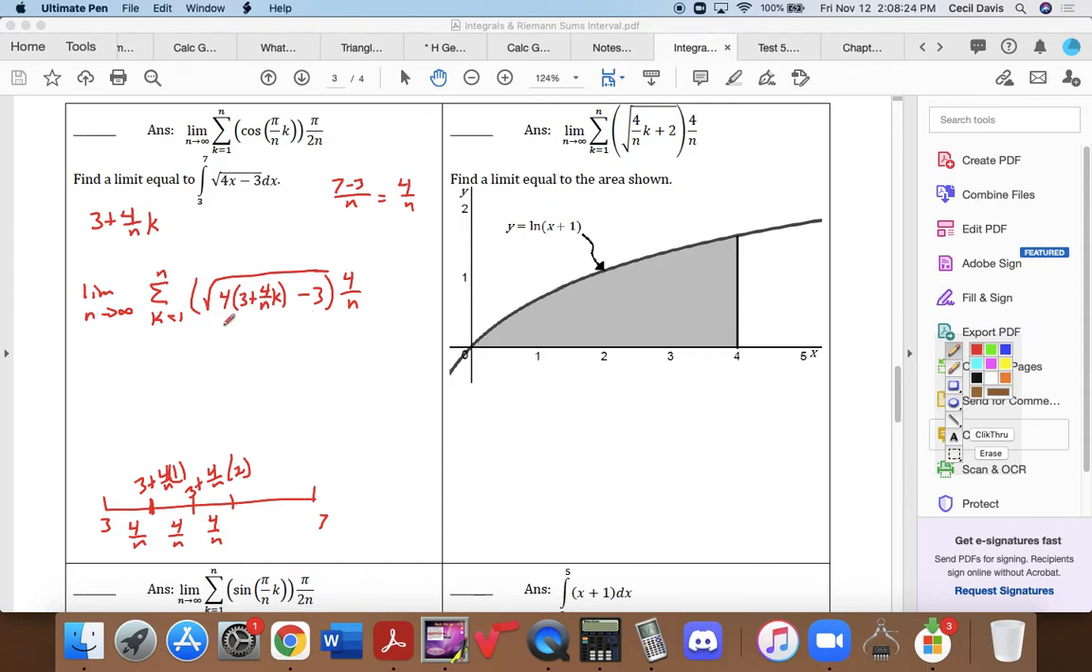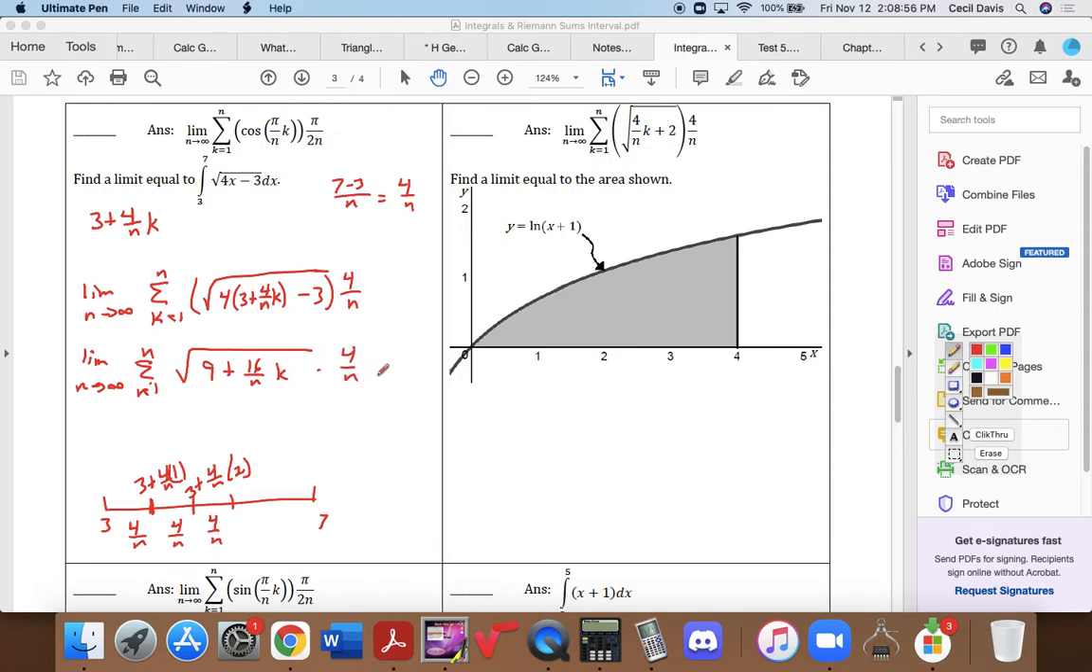So we want to simplify this because there's no way that answer is there. It's not. So it would be the limit as n goes to infinity of the summation as k goes from 1 to n of the square root. Let's see, that's going to be 12 minus 3 is 9 plus, when we distribute that, 16 over n times k